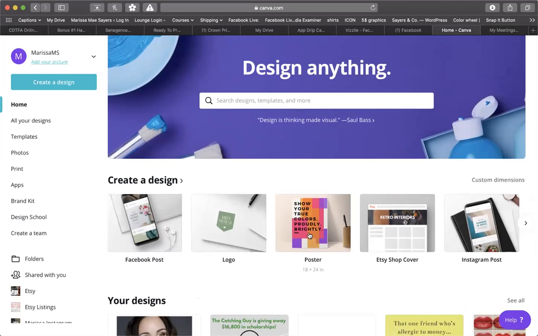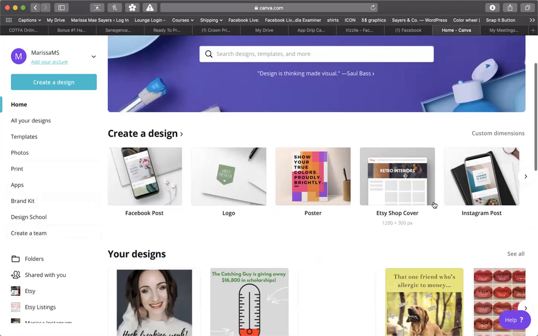So when you open it up, it has your side tabs, which has all of your designs, templates, photos. You can get prints done through Canva. It has different apps. In the paid version, you have a brand kit, so you can upload your custom text, your custom fonts, your custom colors, custom images all into your brand kit. So it's super easy for you to put your watermark or your logo or whatever on any different image that you make. They have some information for design newbies if you have problems or questions, and then create a team, which is also a paid version. But when you come down to create a design,